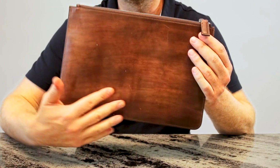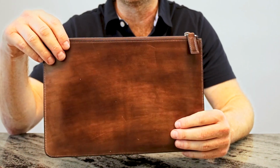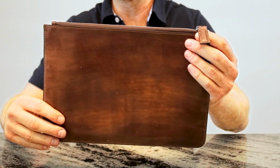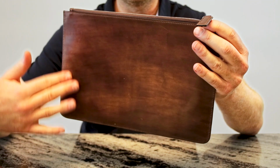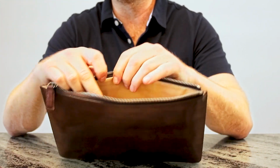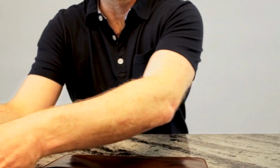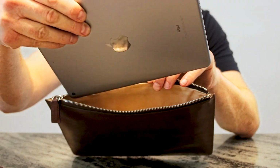Also really nice work. And this is something that we're considering also making available as part of our custom patina project, where you'd be able to do something really cool over here, light, some shadowing around the side. There's really lots of possibilities, and that's something that we're gonna work on and probably ask you guys to see if you're interested in it. But here you go, this is my iPad. It's in here